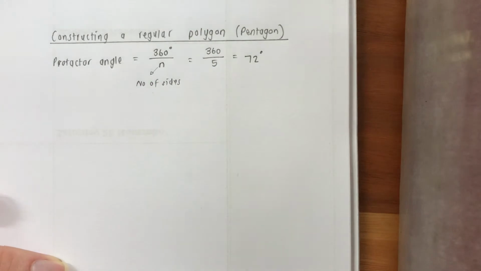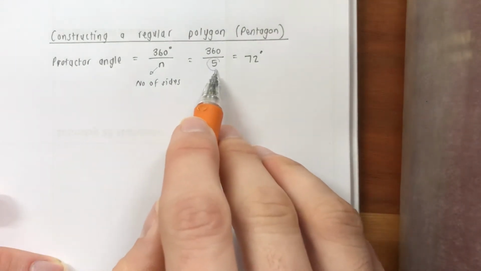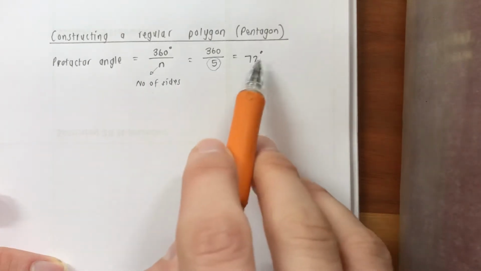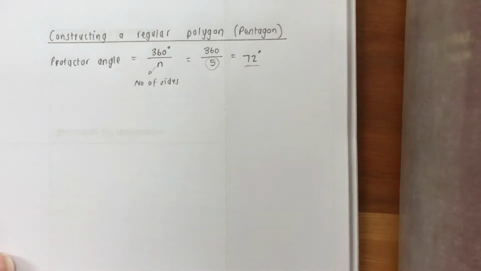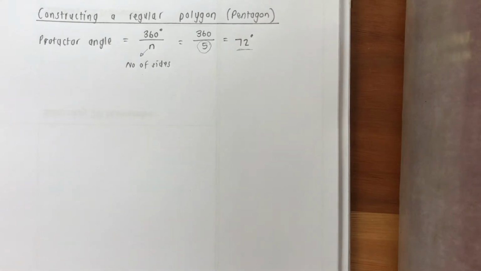Okay, does that make sense? So the only thing that's going to be different when you work with different regular polygons is that number of sides. That will give you a different degrees that you're going to use with your protractor. Just move this up a bit. Okay. So very important, you will start with your compass. So you just take your compass